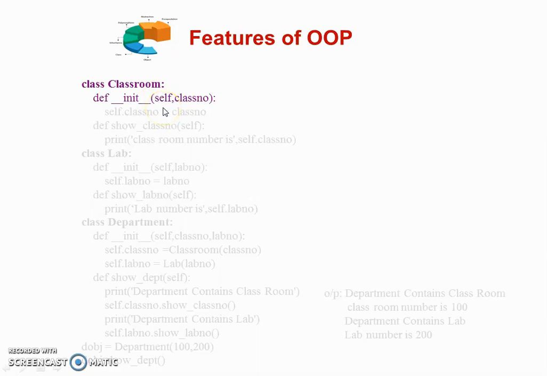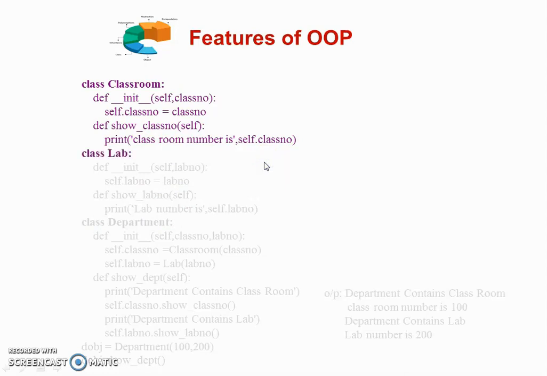The syntax for the init method is that it is prefixed and suffixed by double underscores. So we write the __init__ method followed by self and class_number parameters, and here we initialize the class_number object variable as self.class_number = class_number. Again, we define one normal user-defined method, show_classroom, which prints the message "Classroom number is" and the number of that classroom.